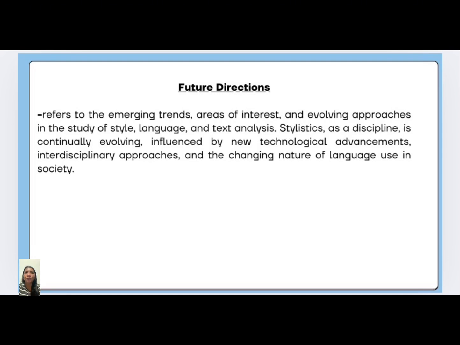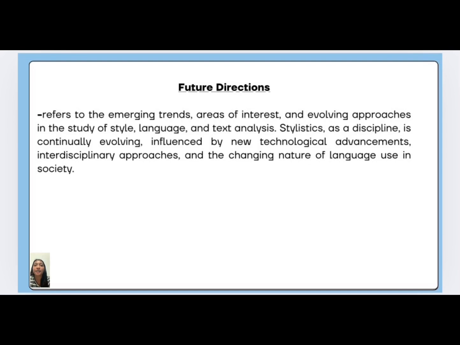Stylistics is an interdisciplinary field that examines how language is used in literature, speech, and other forms of communication, focusing on the choices writers or speakers make in their use of language and how these choices affect meaning, tone, and perception. As society and language evolve, stylistics also adapts to new developments in technology, linguistics, and cultural context. In short, the future